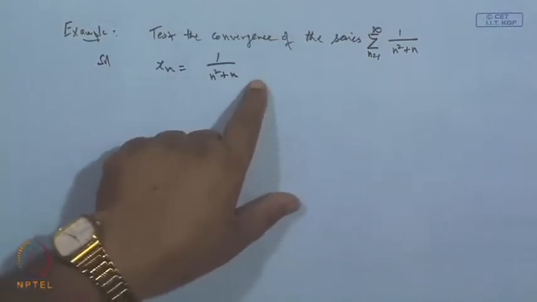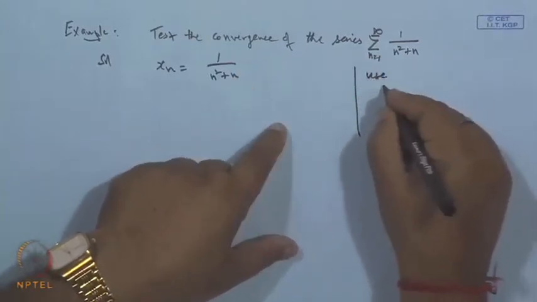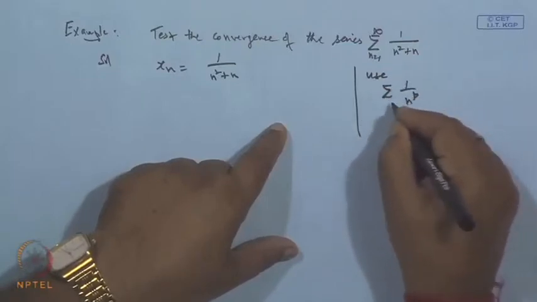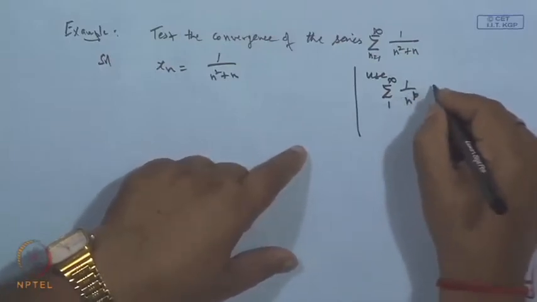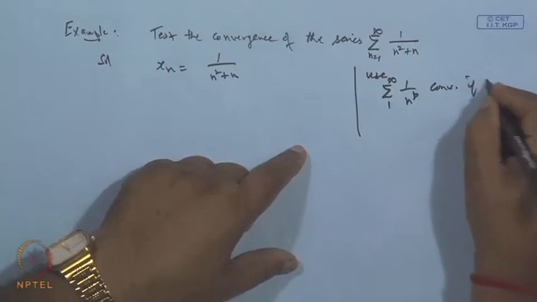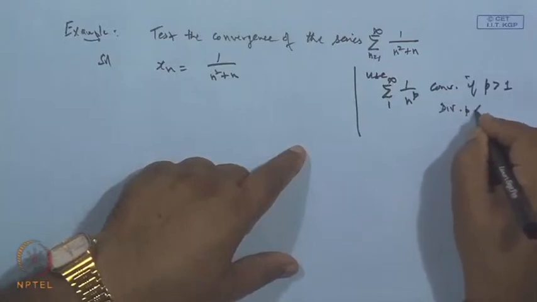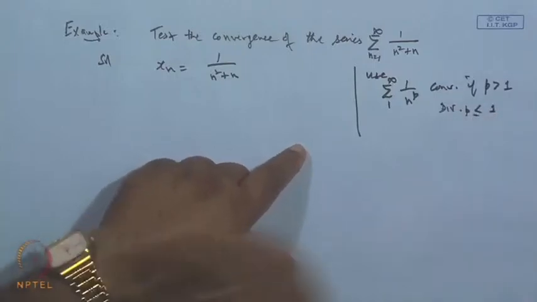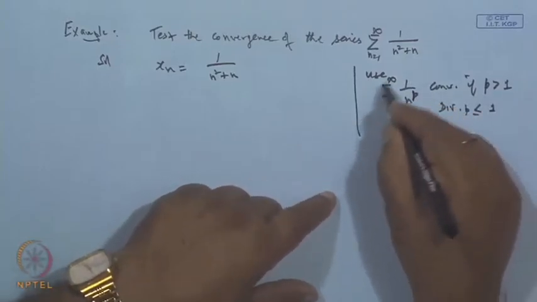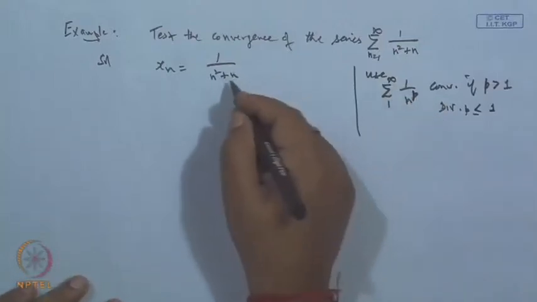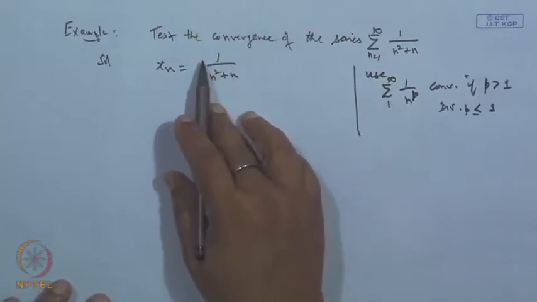Now, normally when we want to identify y n, we use this result: we know sigma 1 by n to the power p, when n is 1 to infinity, converges if p is strictly greater than 1, and diverges if p is less than or equal to 1. So, basically y n should be chosen in such a way that it falls in one of these categories. So, here what the trick is, let us take the term n